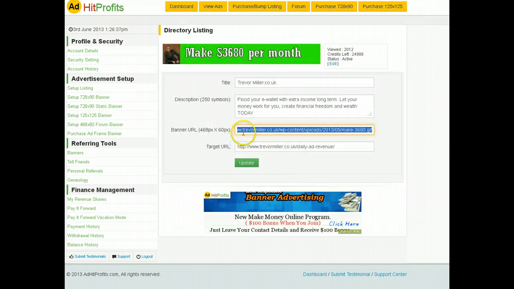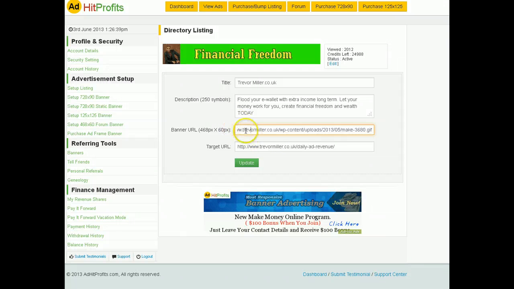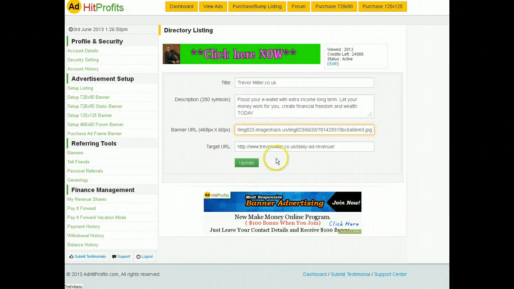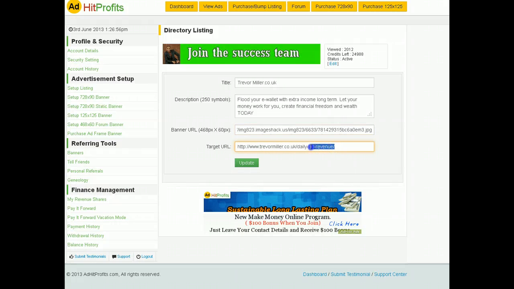Right, so in this box you will just paste the code that you've made in there, and you would have a target URL. Now in this case I'm going to change the target URL to trevormiller.co.uk, and I'm going to put in there